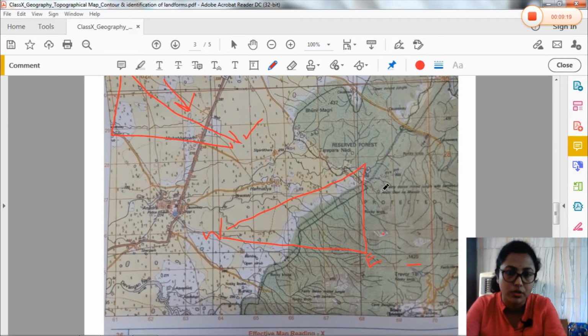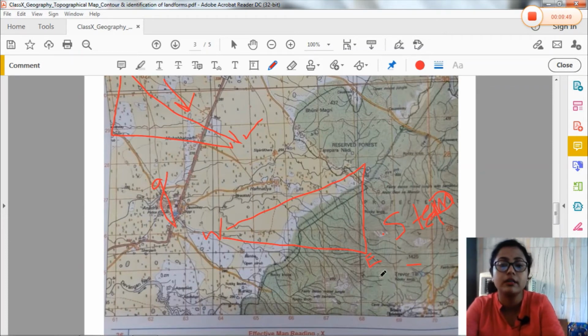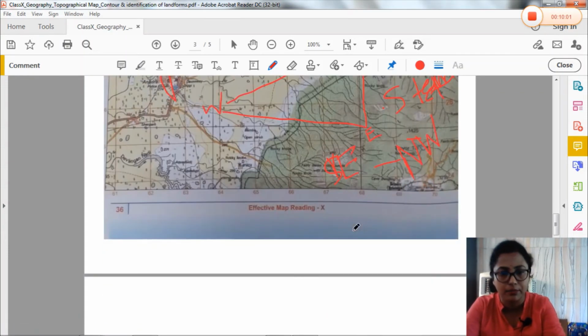I hope you understood this. Here the contours are spaced closely with each other, a close pattern is observed. So this side is the steep slope, and on the opposite side is the gentle slope. So your general slope will be from highland towards the lowland. It is normal, we measure slope from highland towards the lowland only. So here the slope will be from southeast to northwest. This will be the general slope of the land.